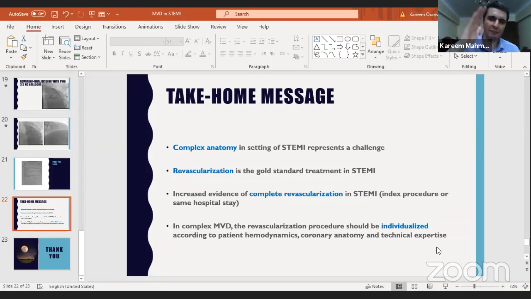So I do first the shallow LAO view with some cranial angulation, and I confirm that in the shallow RAO view. Karim, if you cover the ostium of the left main and you wanted to do POT, is this a safeguard to do POT with covering the ostium or not?